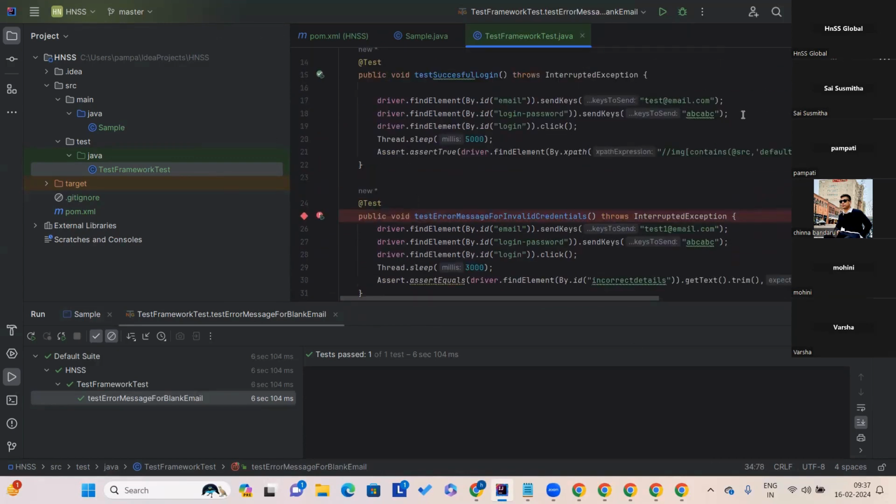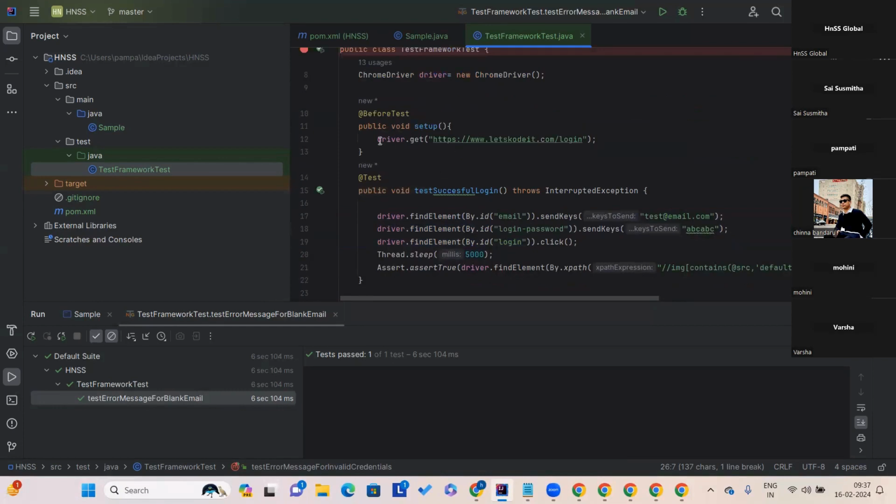This can also be moved, but whatever value we are trying to pass is different for each and every test case, right? So in later classes, I'll explain how we can move this also into a reusable way. For now, this is the only thing that we are doing commonly for each